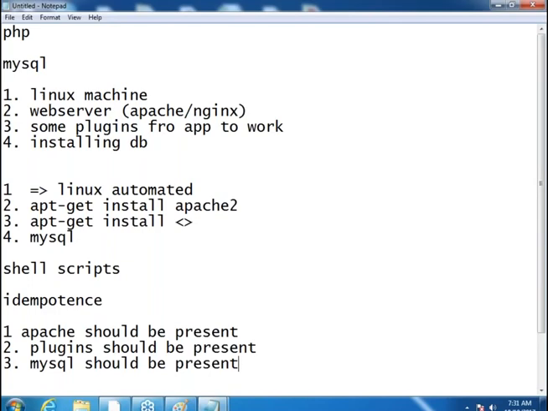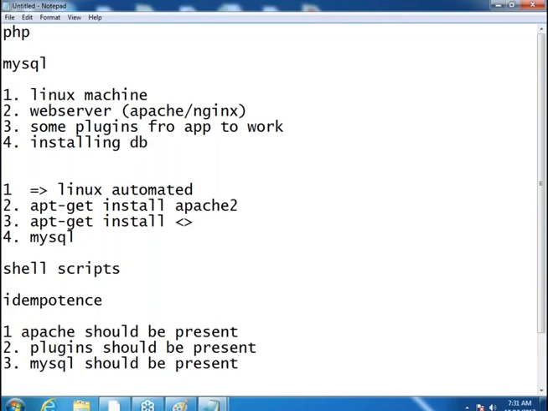Now, since we are not telling how to do it, we are just telling what we want, it makes it absolutely easy for anyone to read it. And even for the person who doesn't know Linux, the 1, 2, 3, 4 steps in the second statements look a bit complicated.